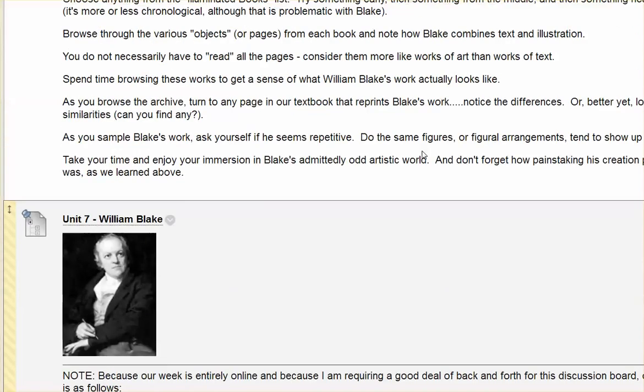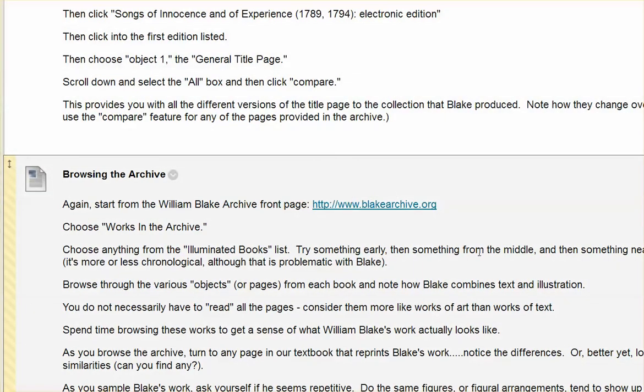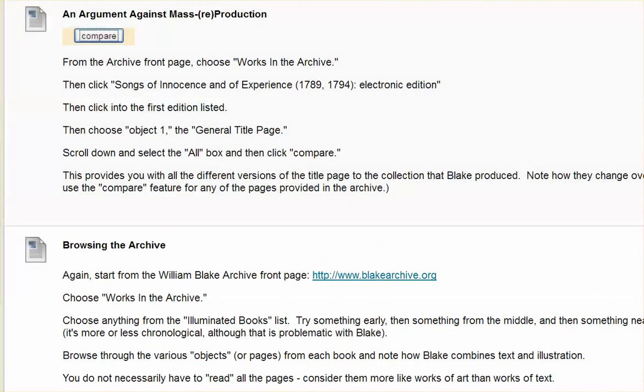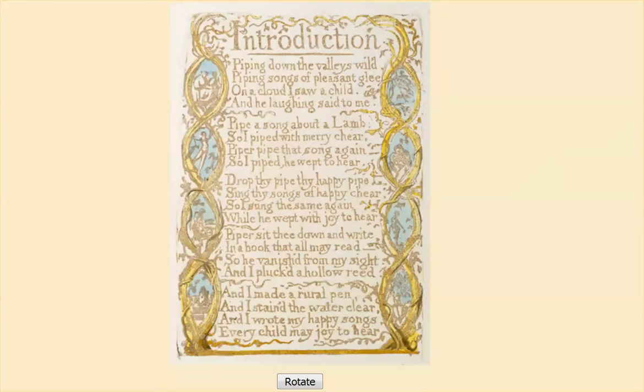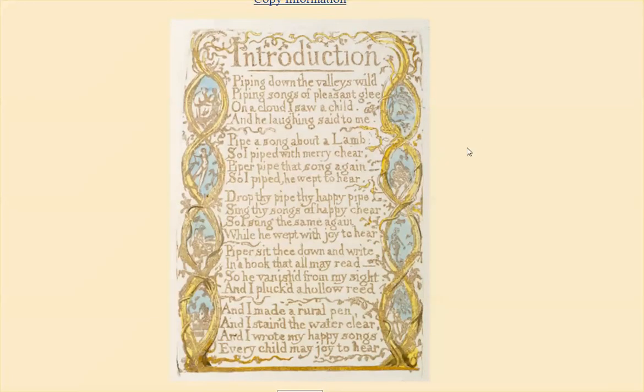Okay, so that's all for you to just kind of move through. It's a sort of atmospheric experience that I'm hoping you're getting here. But I'm going to take a look at this one object or page. It's even weird to call them pages because that's not really how they begin. So this is the introduction page to the Innocence part of the Songs of Innocence and of Experience collection, a collection of poems that Blake produced with the innocent side,